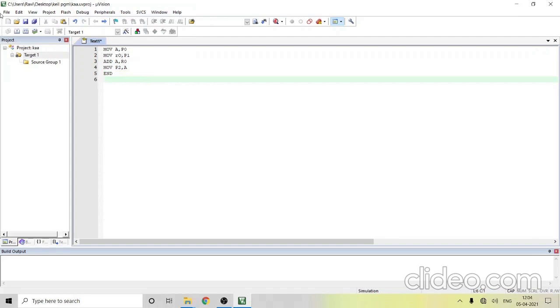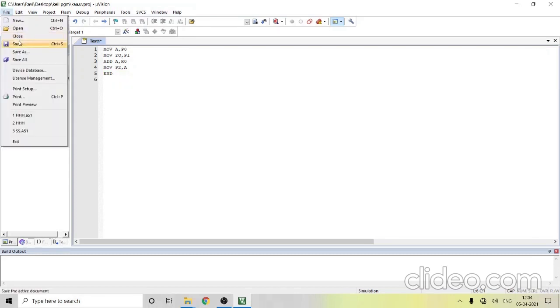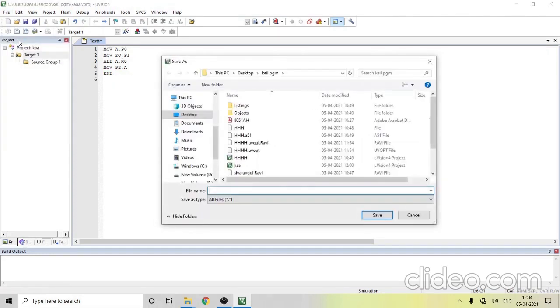Now save this. Go to File, Save. Very important thing: while you are saving, save it with the extension .a51. I will save the file with a different name, not the same as your project name. So I am typing yyyy.a51. Remember, the extension will be A51.